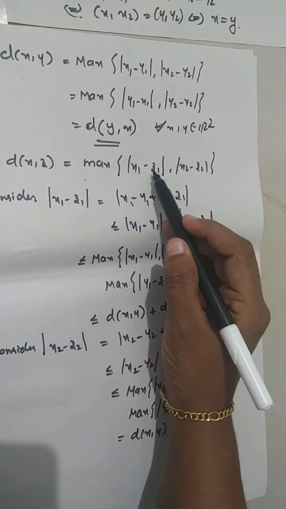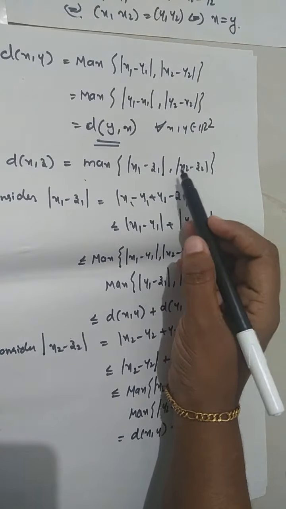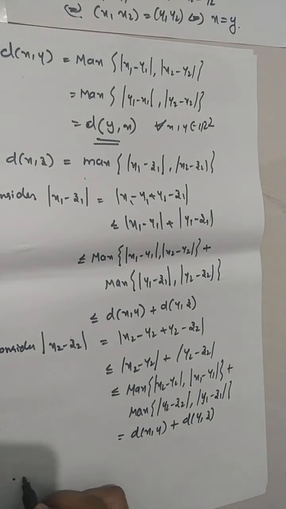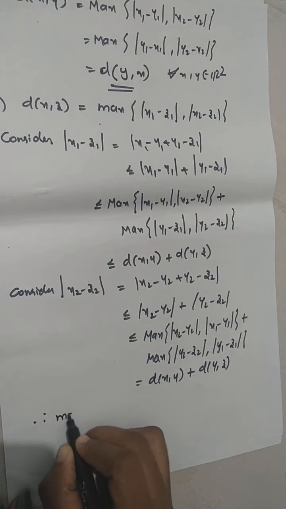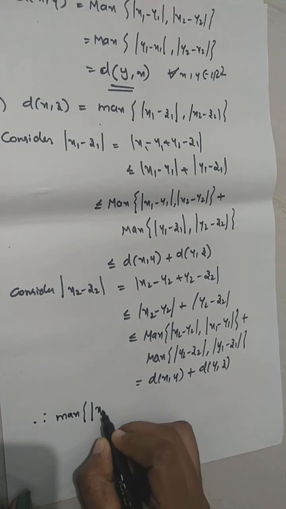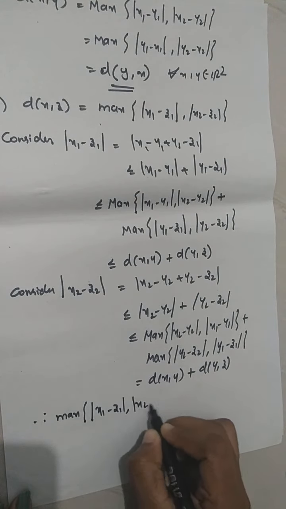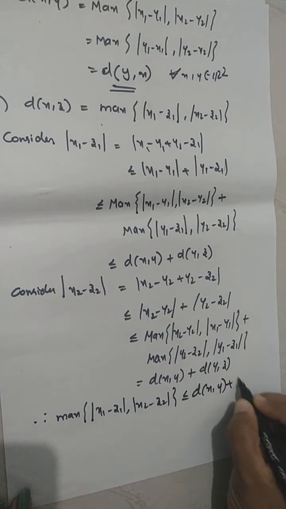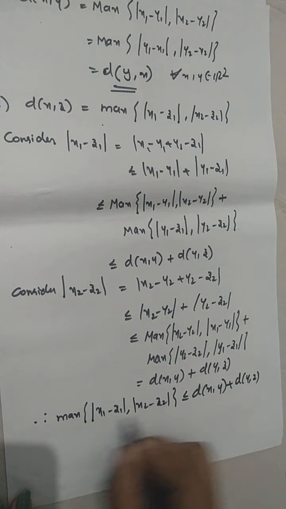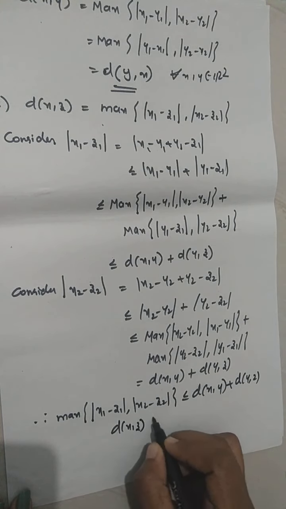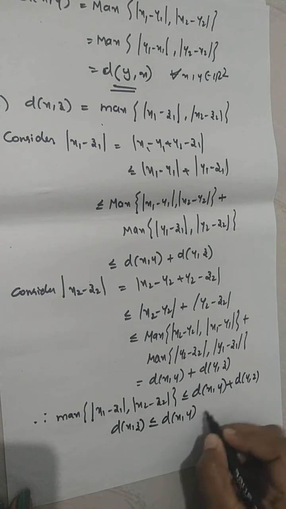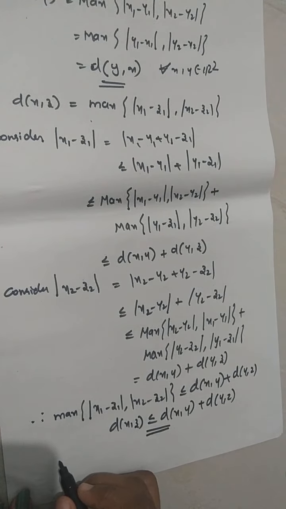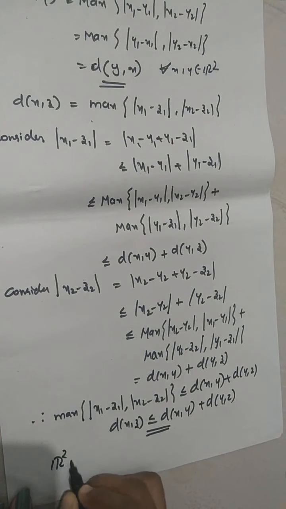When both the terms have the same upper bound, their maximum also has that same upper bound. Therefore I can write that the maximum of modulus of x1 minus z1, comma, x2 minus z2 will be less than or equal to d(x,y) plus d(y,z). And what is this by definition? d(x,z). So we proved that d(x,z) is less than or equal to d(x,y) plus d(y,z). So what we can say is R2 with this metric